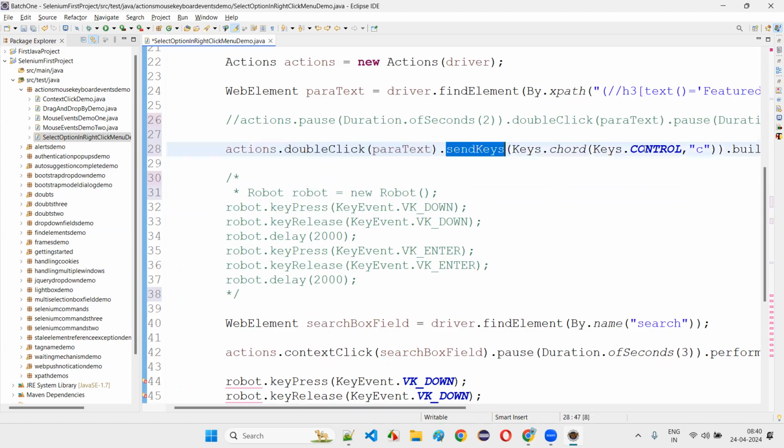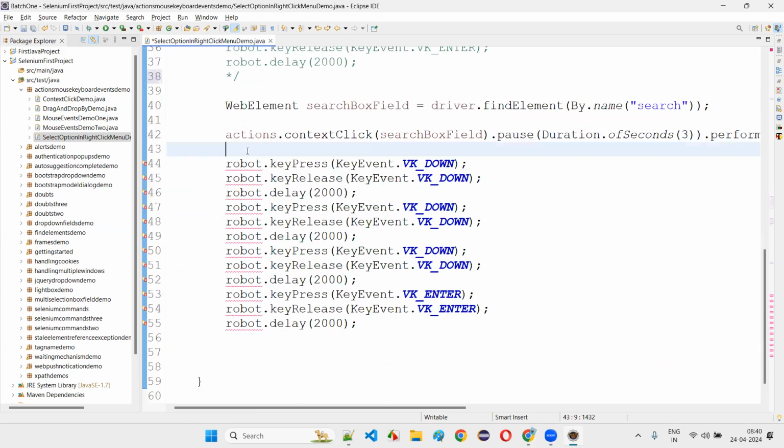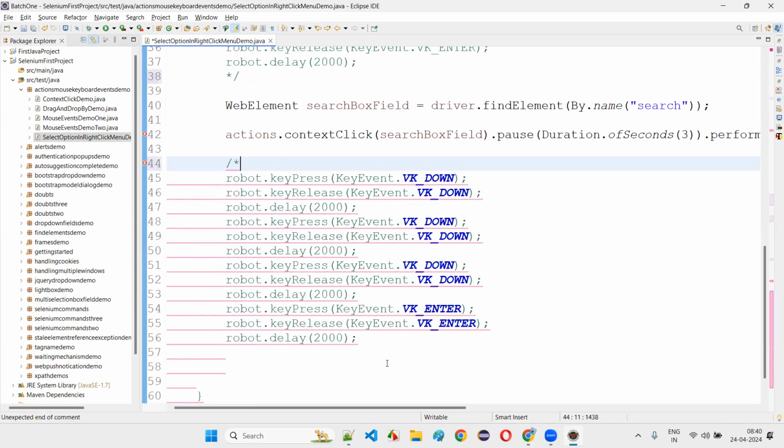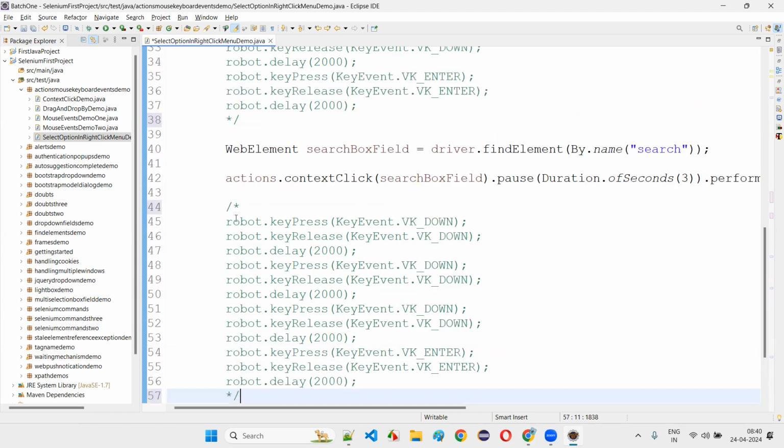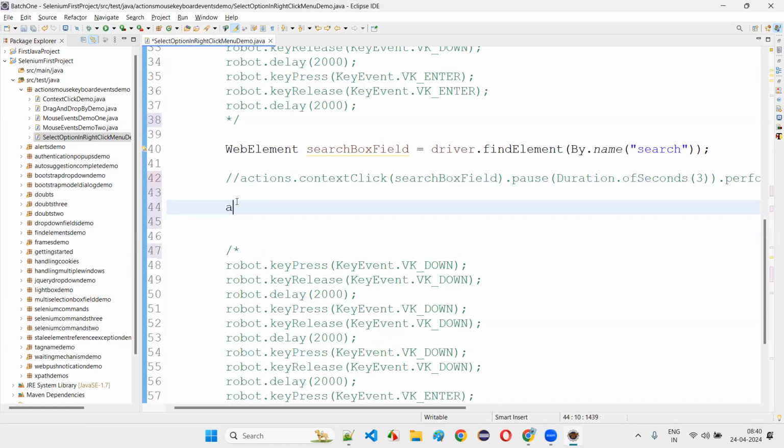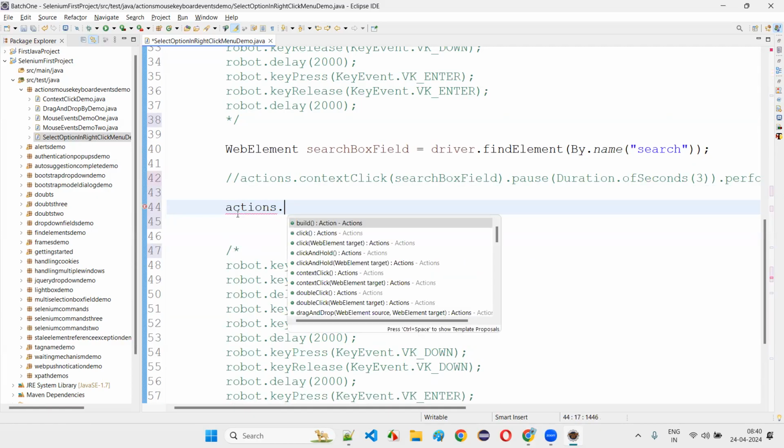Double click, send keys. When I double click and Control C, Control V, the right click options will be there. That's okay. Here I'll comment this out, so you can uncomment and take the example. This Actions class also I'll comment, and here I'll write actions dot, instead of context click,